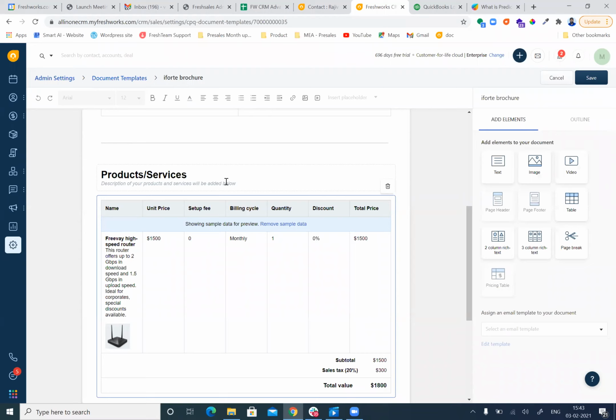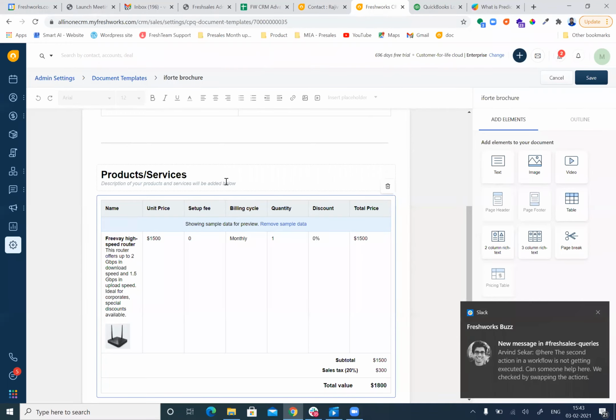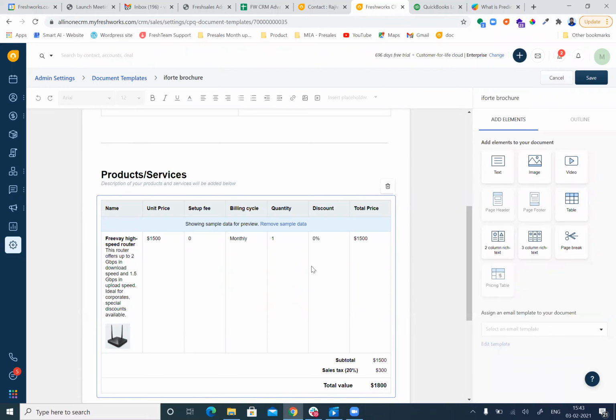Can we add a document from Google Drive or from the desktop? As of now, we are not able to import a document from Google Drive or other platforms, but you are able to create a similar document in this section.